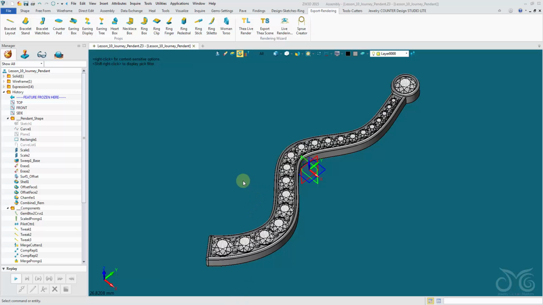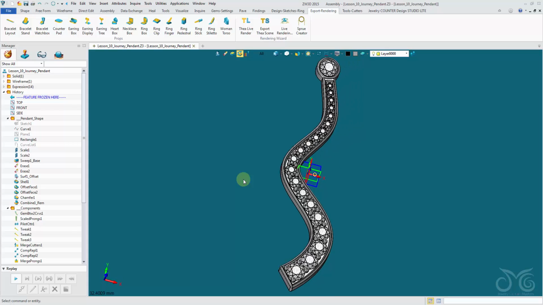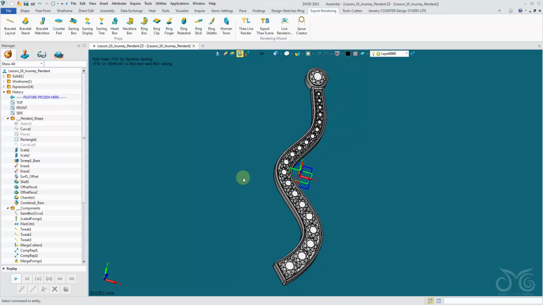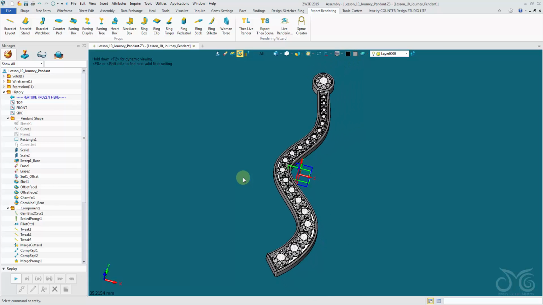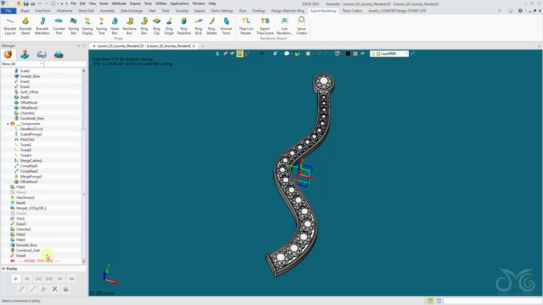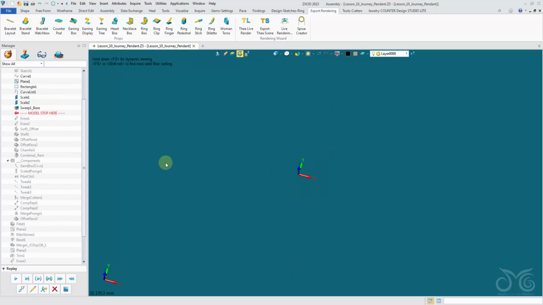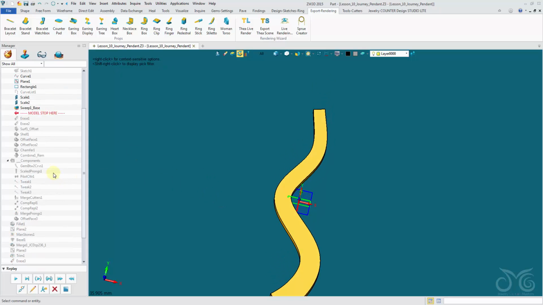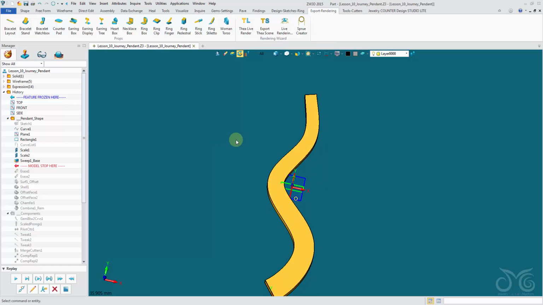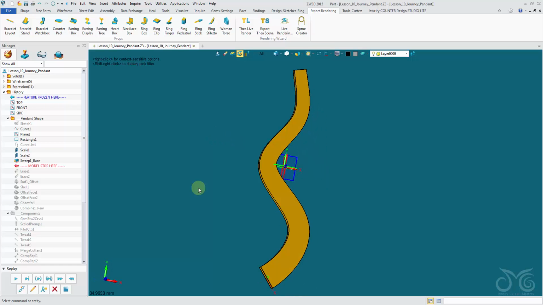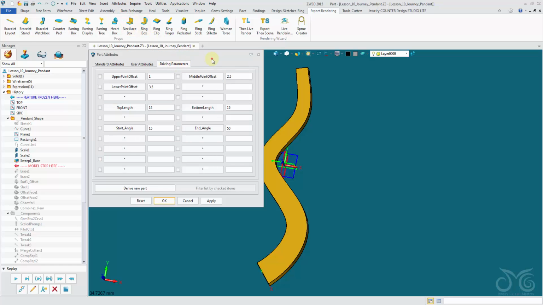Okay, so we created our journey pendant. Now I just want to show you an approach to take if we happen to have self-intersecting surfaces. And I'll show you what I mean by that. If I drag my model stop back up to after my first sweep, okay, now if we modify our attributes,